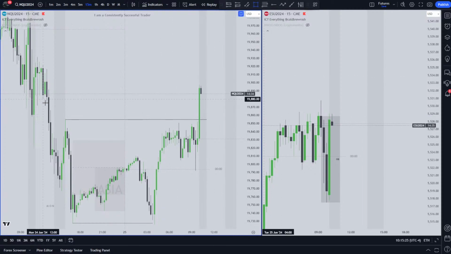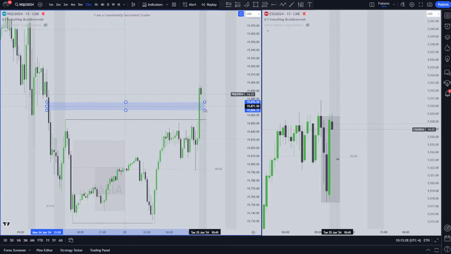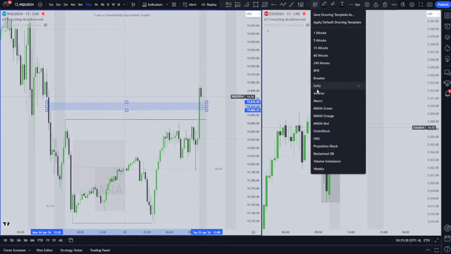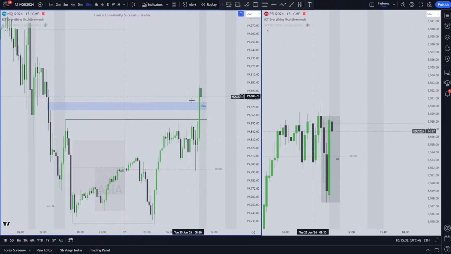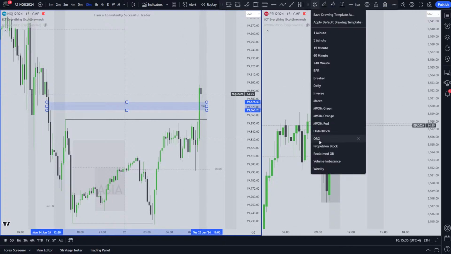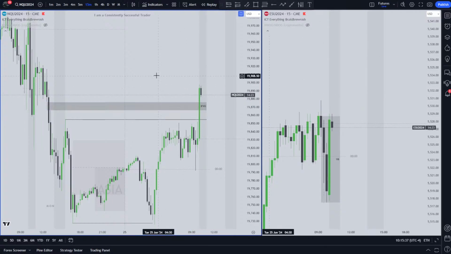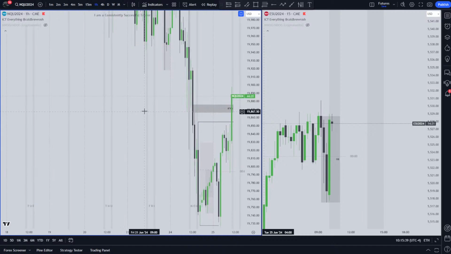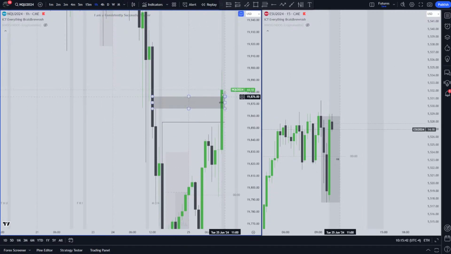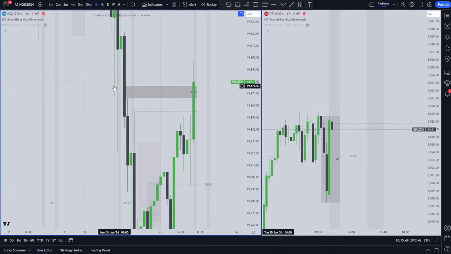Okay, I'm just gonna mark out some PD arrays and see. I like this 15-minute as an inverse, but the only thing I don't like is that this same inverse is actually on the hourly, and the hourly is more of a parent to this because on the 15-minute it might have closed above, but on the hourly it might end up respecting it. So, 22. Yeah.